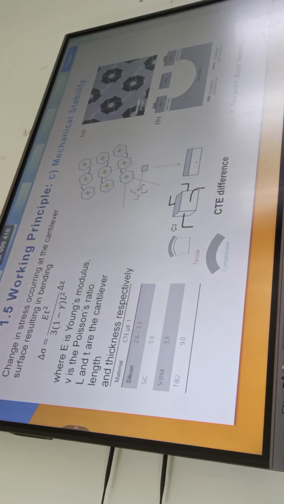Actually, a higher coefficient of thermal expansion means it will be more prone to change. TiB2 is titanium diboride. I think Si3N4 will perform better because it will change more, and more change means more response. Sensitivity will be high. Yes, sir. That's why we have taken silicon as the base material. So these are the designs, how we have fabricated them. This has been taken from Cape.